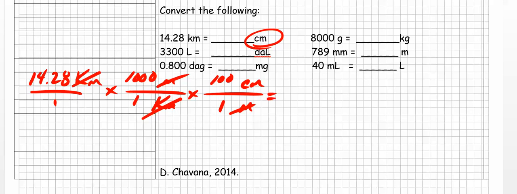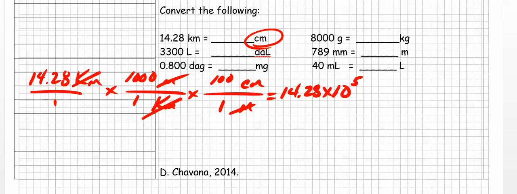Now, the final answer is going to be this. It's going to be the 14.28, just like that, times 10 to the, this is how exponents work. I've got 3 zeros here, I've got 2 here. Just add them up. So this is times 10 to the 5th power. Remember, that's what we got when we did it the other way, the mnemonic way, 14.28 times 10 to the